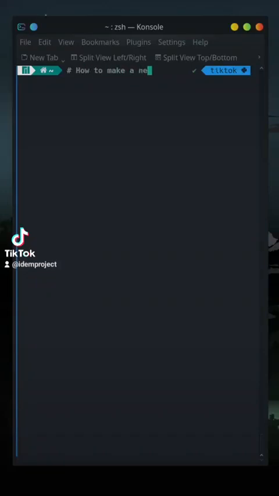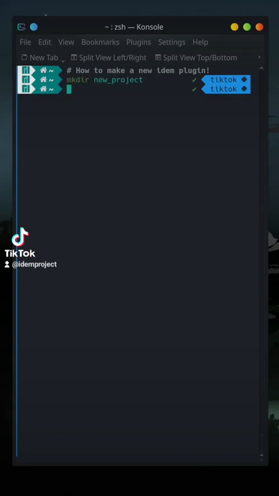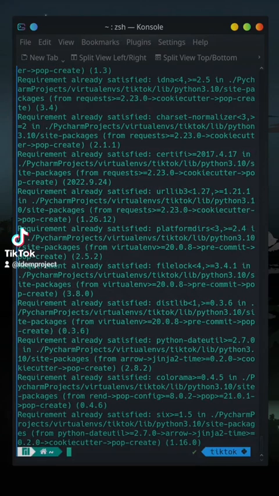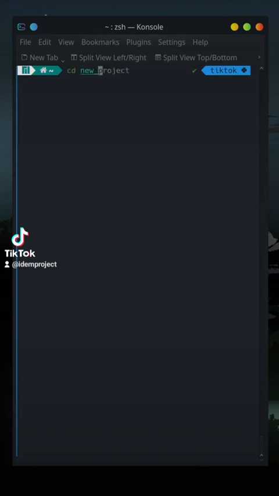Here we're going to look at how to write a new project with an Idem plugin. First, we'll create a new empty directory for our project, and we'll install pop create, which will help initialize some boilerplate code for the project. So we'll go into the directory of the new project and run pop create